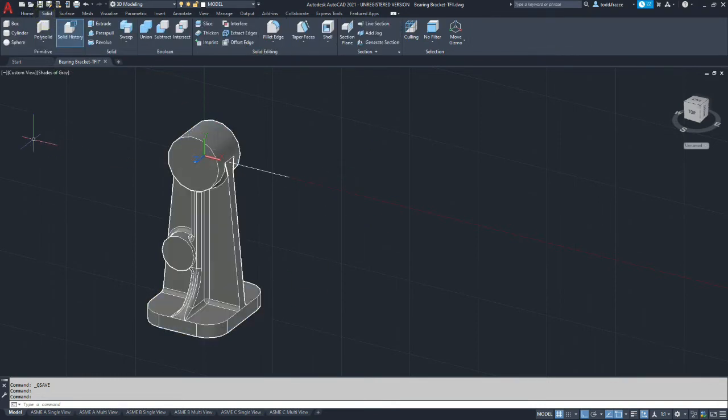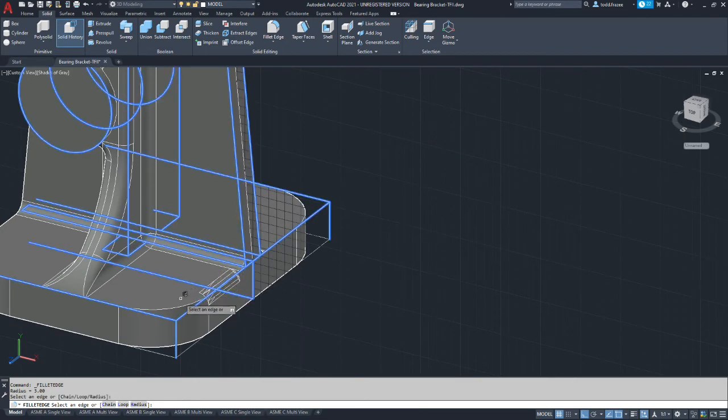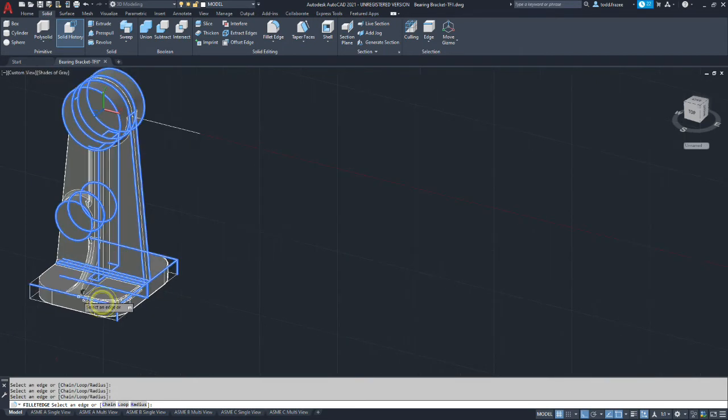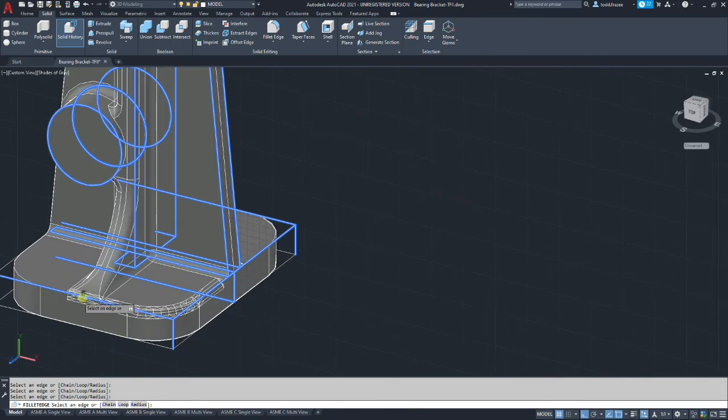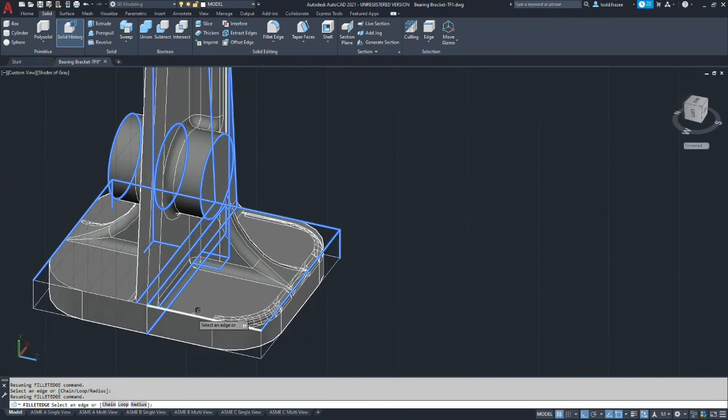We're going to go to Solid, Fillet Edge, and we want to trace the entire bottom of the part, the top face of the base flange. I apologize for the graphics problem.